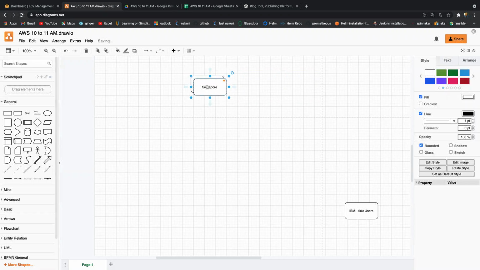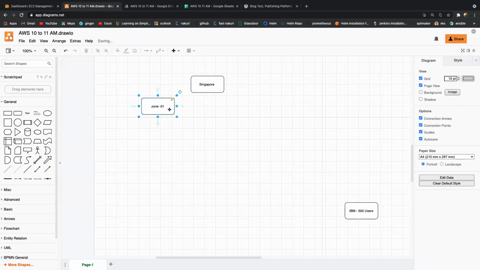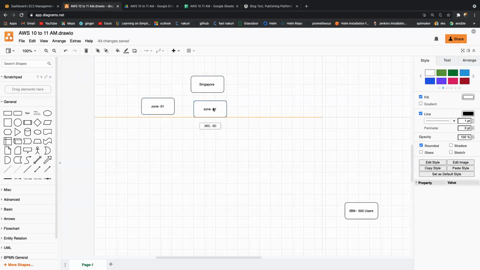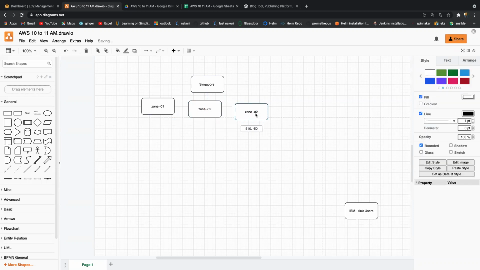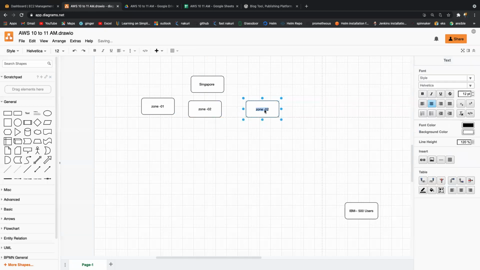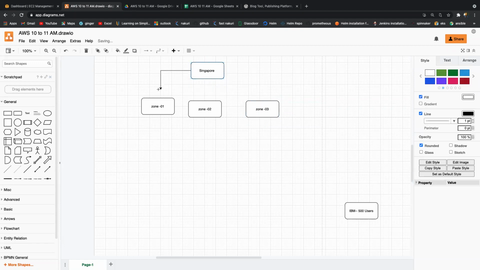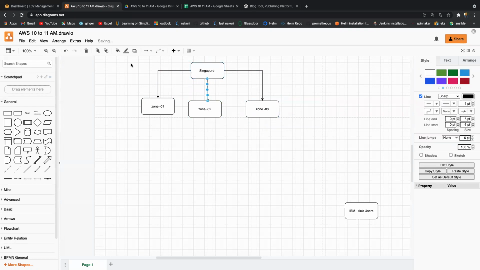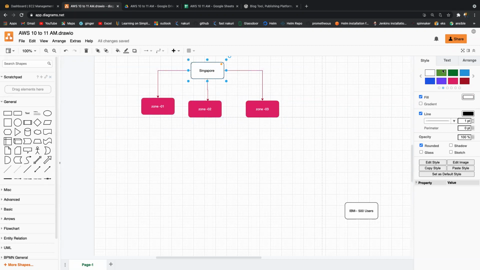Under Singapore, we have multiple availability zones. When I say zone, it is nothing but a data center. You can see here zone 1, zone 2, and zone 3. So under Singapore, I have multiple availability zones. These are our zones and this is our region.